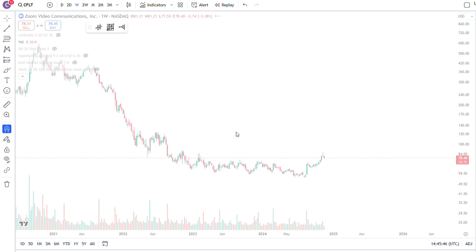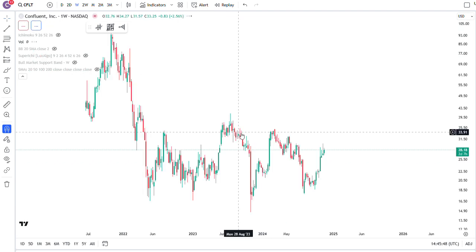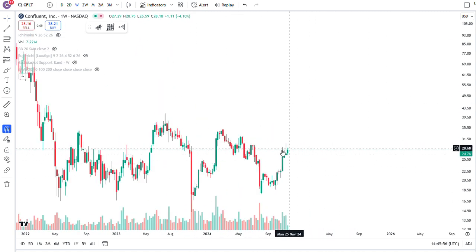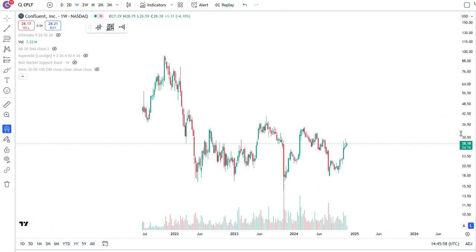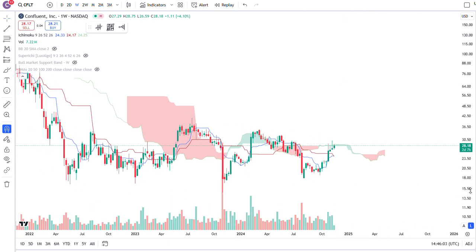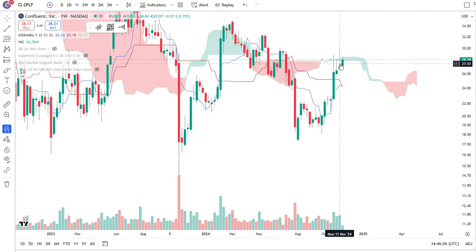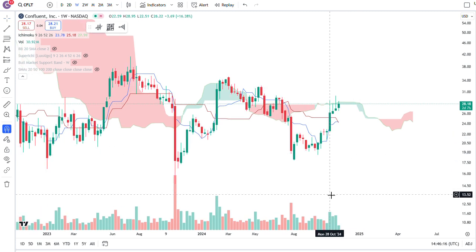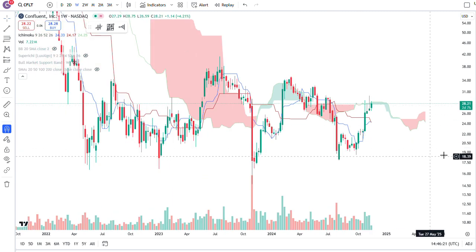Somebody asked me about confluence. If the chart ever pulls up, here you go. A little bit of a trendless sideways trend here. You have a lot of wicks here, so that tells you there's a lot of resistance trying to break above still. The way I see it, if I pull out the Ichimoku, it's still under resistance, right? It's underneath the weekly Ichimoku resistance. So I probably wouldn't buy resistance. If it breaks down, maybe buy support, or maybe if it breaks through and then comes back and backtests, I might buy support here. Not financial advice, of course, but these wicks here, I'm a little bit worried. I don't like wicks like this.